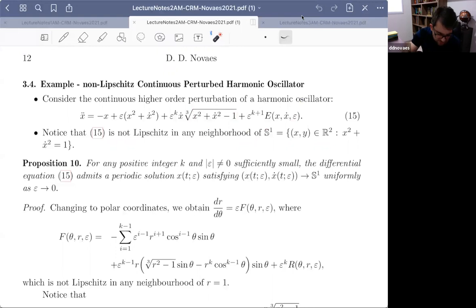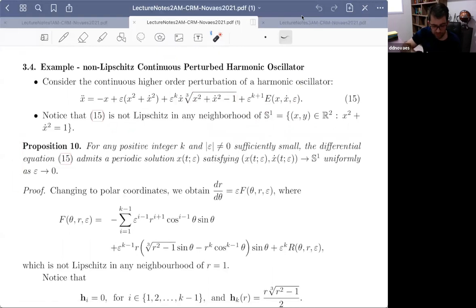The result that we get applying the last theorem is that for any positive integer k and epsilon sufficiently small, this difference equation admits a periodic solution converging to SE1 uniformly as epsilon goes to 0. So when we have a difference equation which is eventually non-Lipschitz in a specific region, and we compute the average